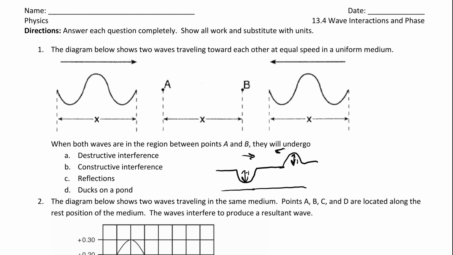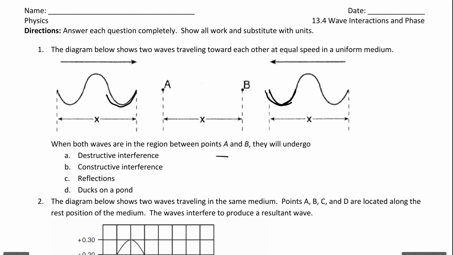It's destructive interference. But then after they pass through each other, that crest will be now on the left side moving to the left, and the trough will be on the right side moving to the right. And they'll move through each other like nothing happens. They'll be like, okay, whatever. They'll pass like ships in the night and not even know that they went through each other. Okay, but that's not going to happen here because we have a trough incoming with a trough. So that's going to be a constructive interference.